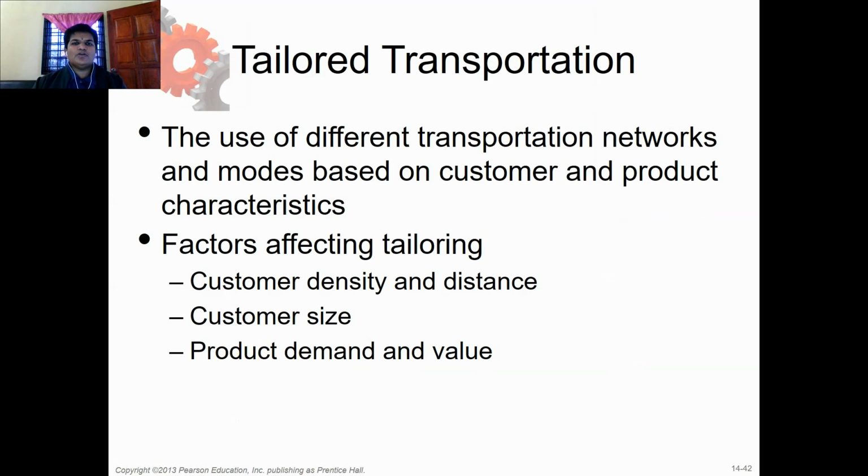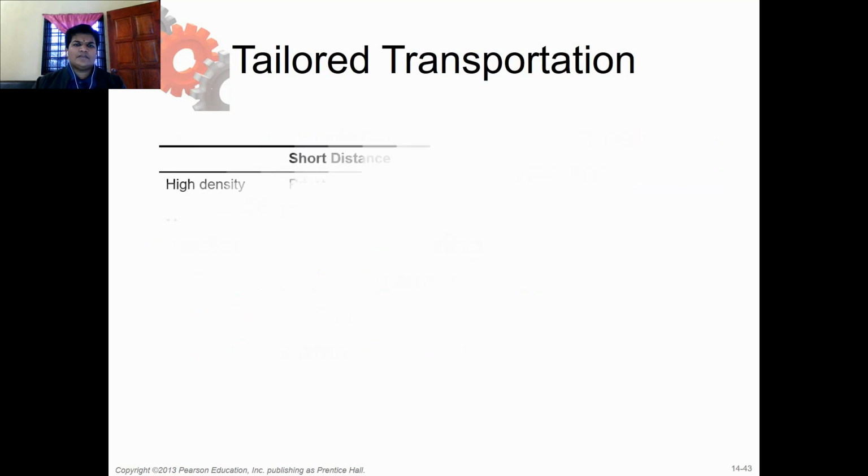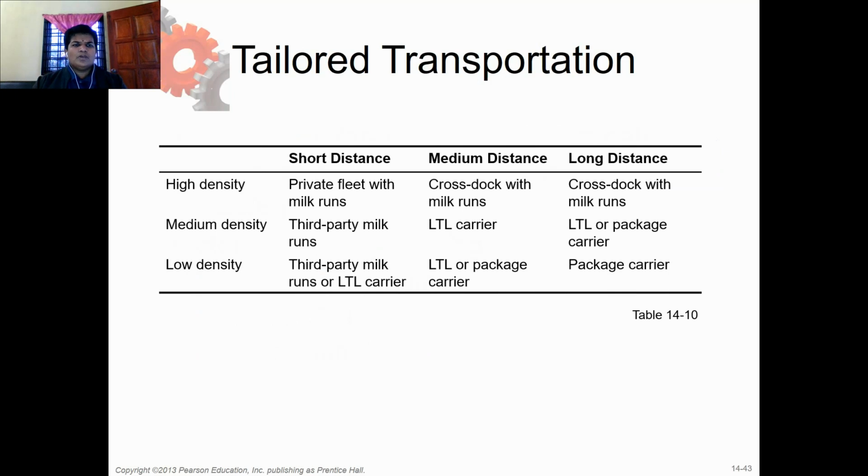Tailored transportation, the use of different transportation networks and modes based on customer and product characteristics. Factors affecting tailoring. Okay, customer density and distance, customer size, product demand and value. These are the factors that affect the tailored transportation. Tailored transportation continues. Okay, so you see high density, medium density and low density. Distance, short, medium distance and long distance. Okay, so what type of suggestion they are giving, what type of transportation network we should advisably use. Okay,